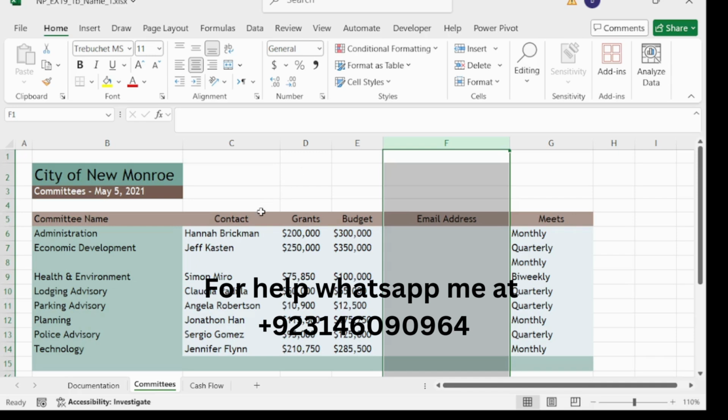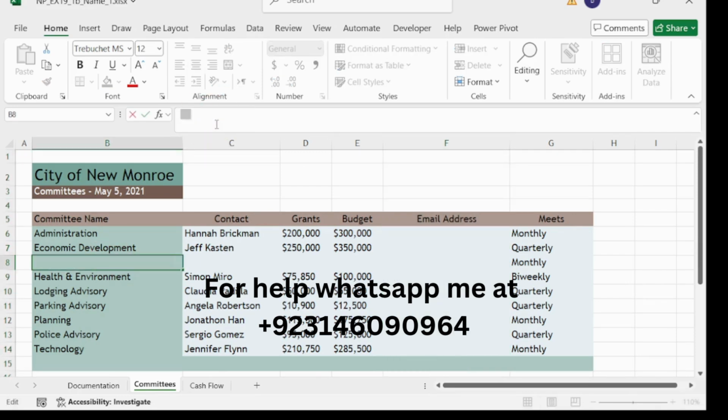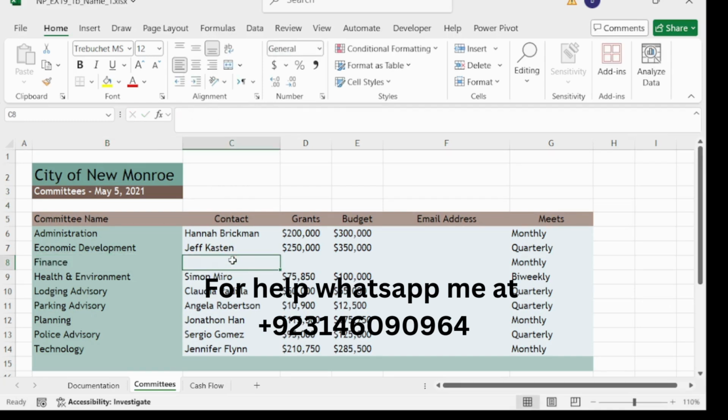So in B8, this is B8, type Finance, FINANCE, and in C8 type Rachel, RACHEL, and Andres, ANDRES.